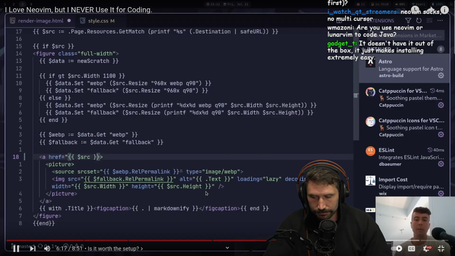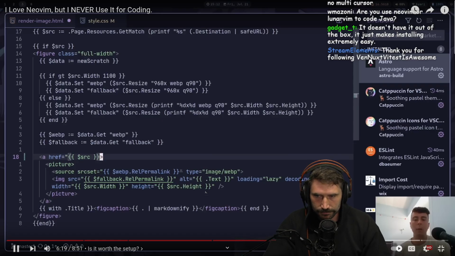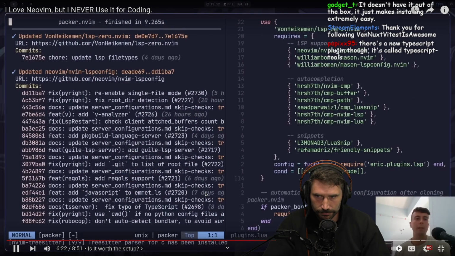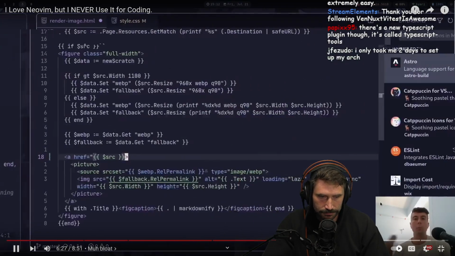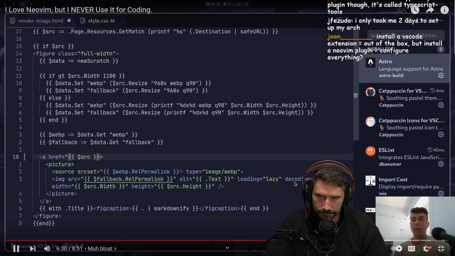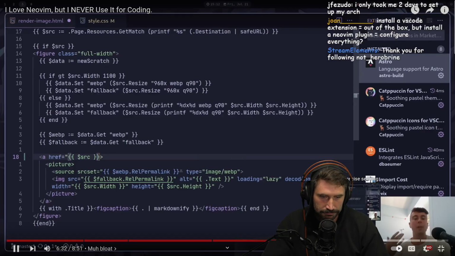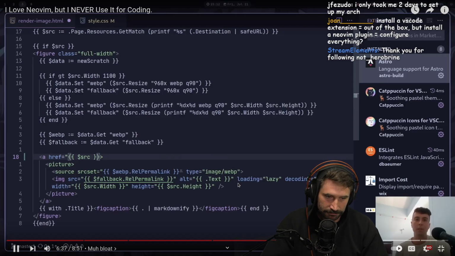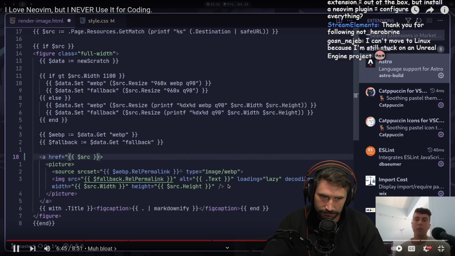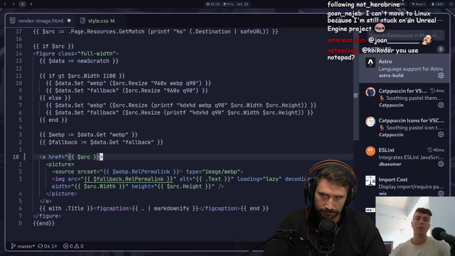So I would spend a long time configuring this and setting everything up to how I wanted it to be, but it was just never quite as good as how I had it in VS Code. And I understand that VS Code is a lot more bloated than Neovim. It's written in Electron, which a lot of people hate, and especially if you have an older laptop, I can definitely understand why a lot of people would be using Neovim over VS Code. It's just going to be faster most of the time. But at least for me, VS Code still runs fine on my computer. My computer is not that ancient. It's a few years old, but it can still run VS Code just fine.